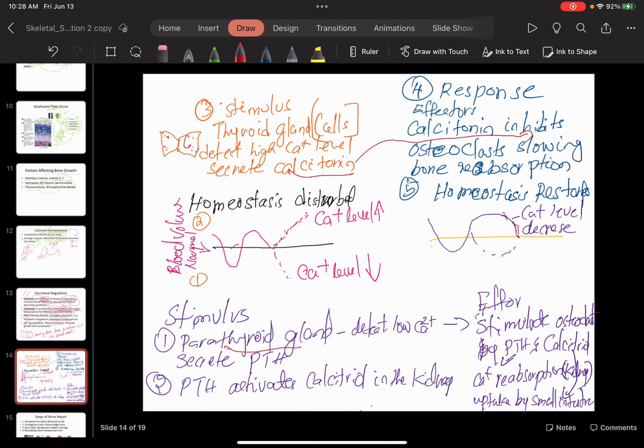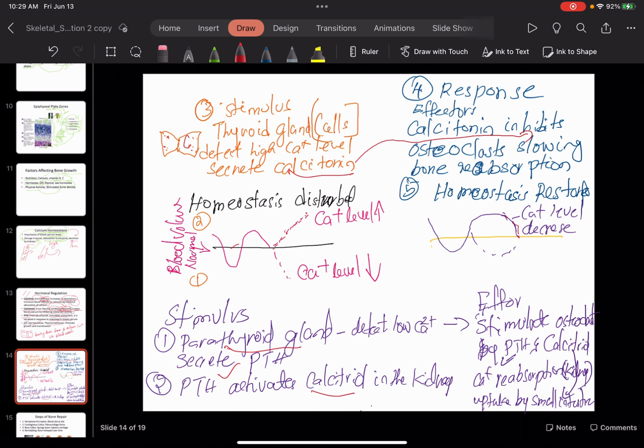Then parathyroid hormone activates calcitriol, which is in the kidneys we study, which stimulates the osteoclast. Osteoclasts break down the bone and release the calcium into the blood. Then calcium